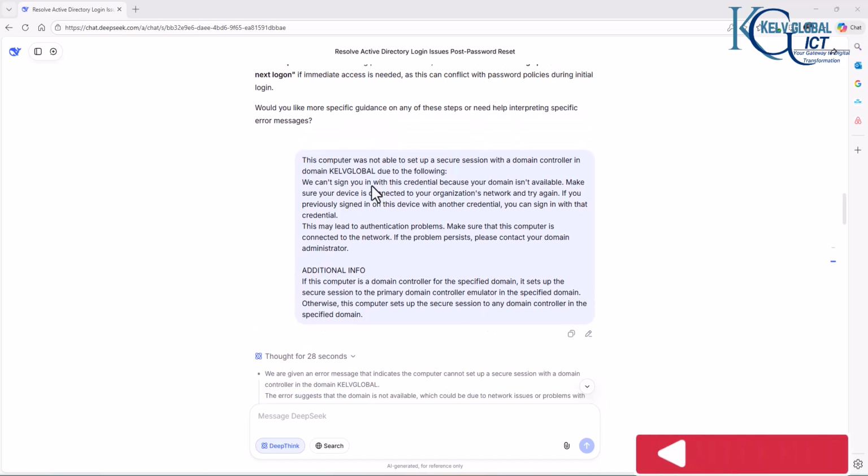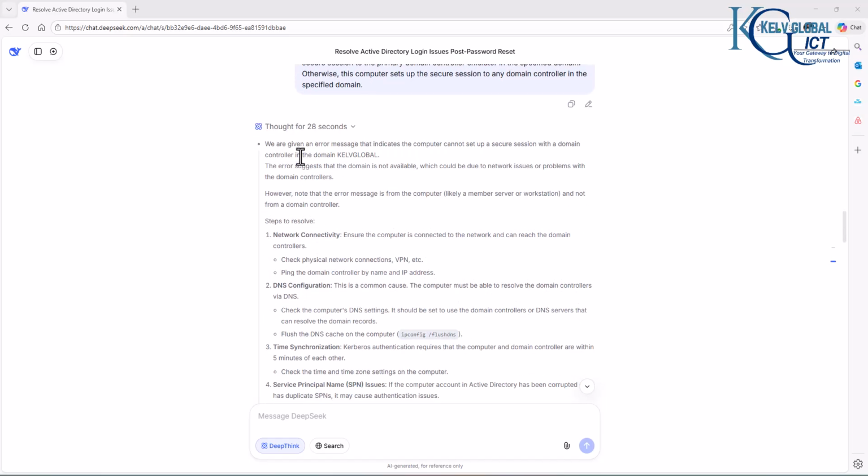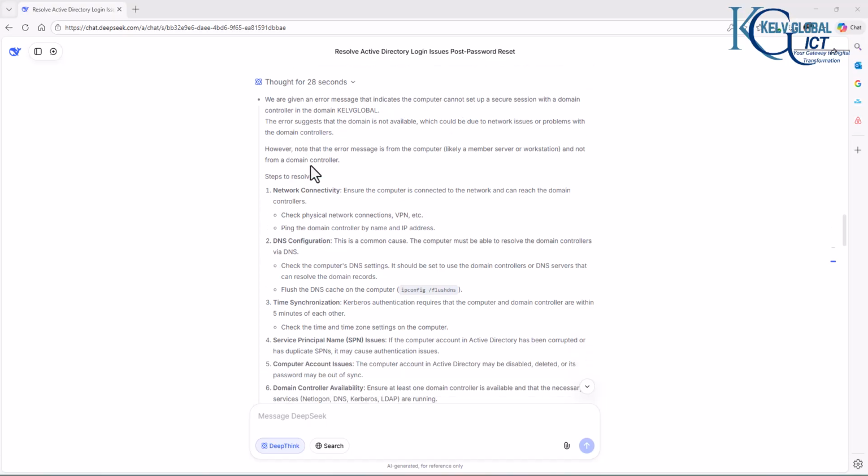So here I pasted this: "This computer was not able to set up a secure session with a domain controller in domain," and that is the domain name, "due to the following: we can't sign you in with this credential because your domain is not available." I just put that in as a random test, which I got from Event Viewer, and here you can see that